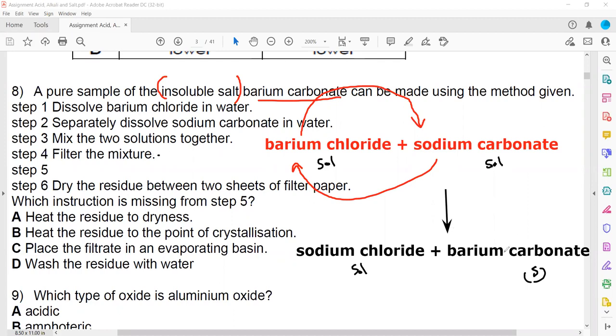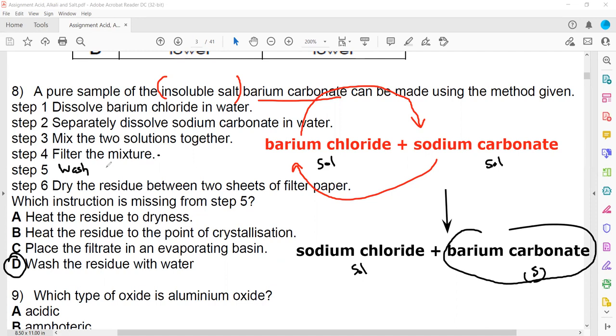After filtration, because once we filter we'll get barium carbonate, but after filtration what should we do? What is step 5? Which instruction is missing here? So after filtration we should wash them with distilled water. So wash the residue with distilled water, and then we will dry it by using a filter paper or a